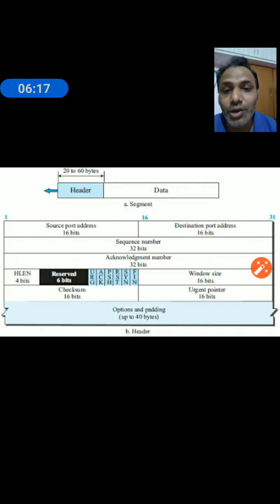In the header length we have to consider the scale of 4. Okay, right now the next field is the reserved bits. For future purposes we take the reserved bits, which is a size of 6 bytes. Then the small fields are there, the first field being the urgent bit. So again the question is what the urgent bit is, that is nothing but a flag.